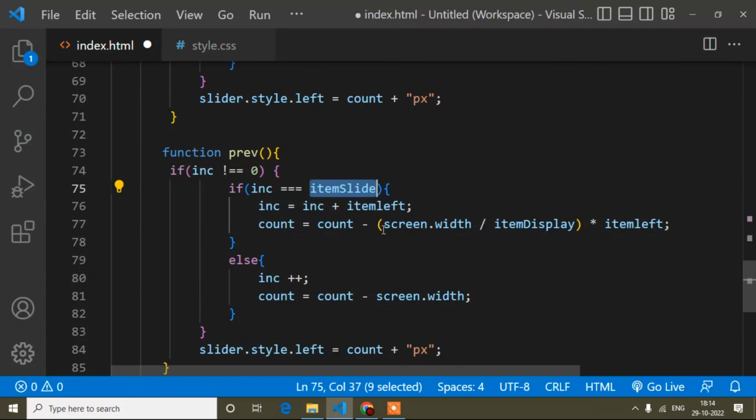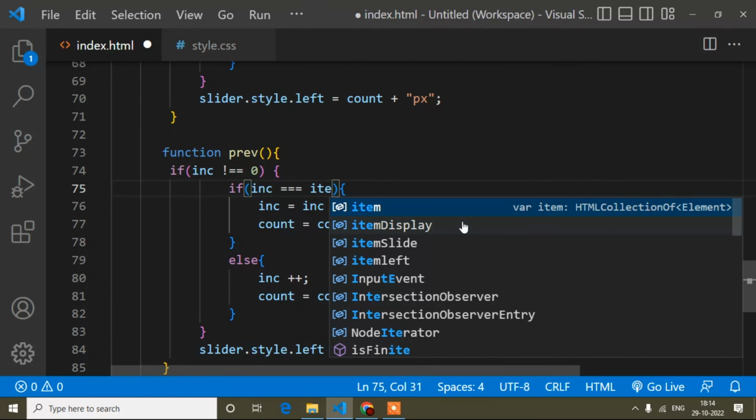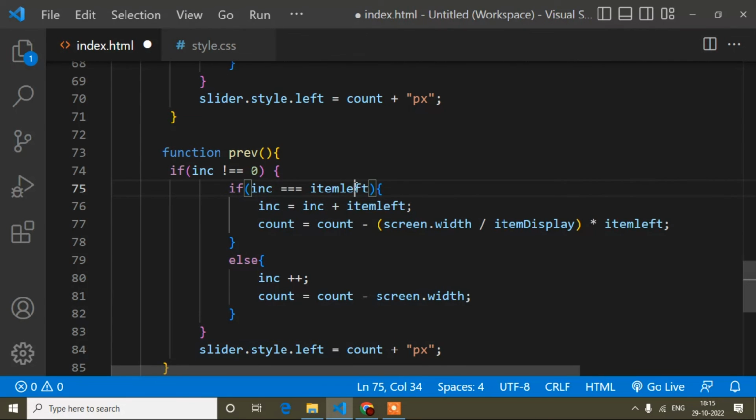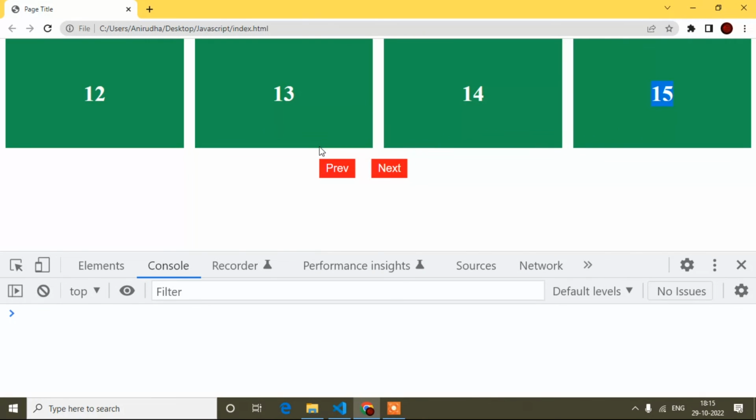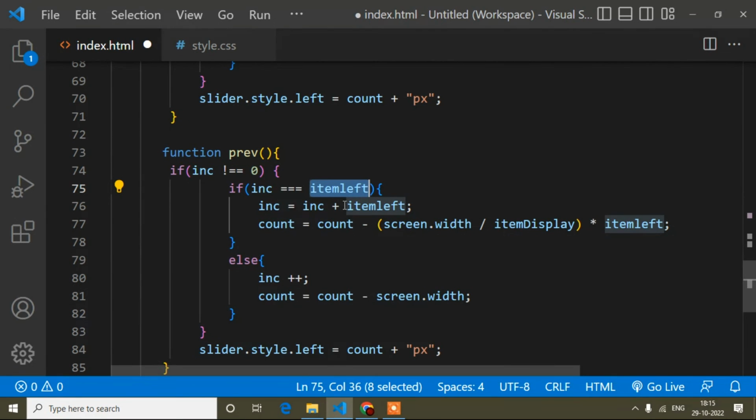And now not item slide, but item left, because how many items will be left when I click the previous button? Only 2 items will be left. When I was showing the preview, I showed you 2 items will be left, and this one is 2. So item left,